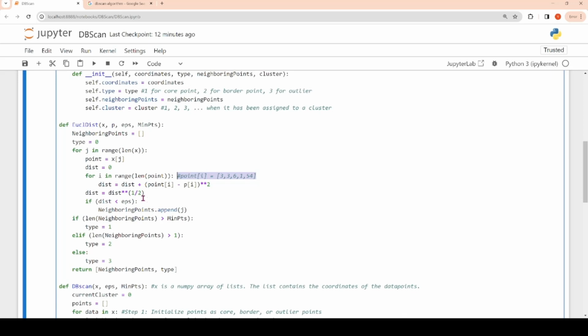method. Now we'll also assign the type of the point. So remember, if the type is 1, then it's a core point. And it's going to be a core point if the number of neighboring points is greater than min points. So remember, if we have min points as 5, if it's 6, then that means that it's going to be a core point. If the min points is 5 and the length of neighboring points is also 5, then what we